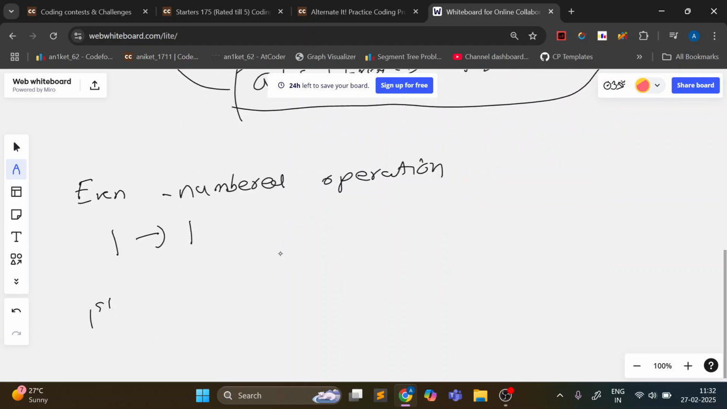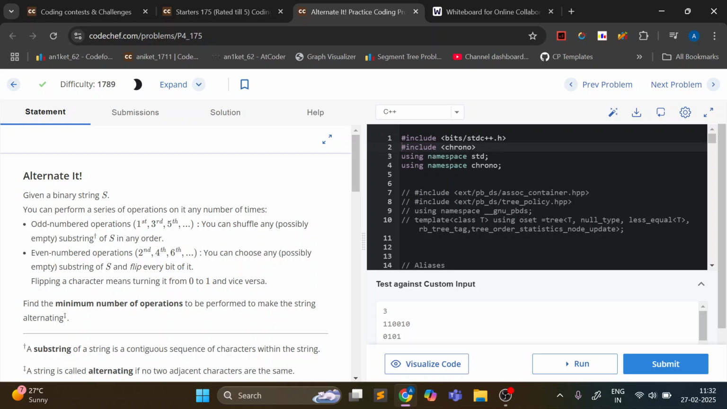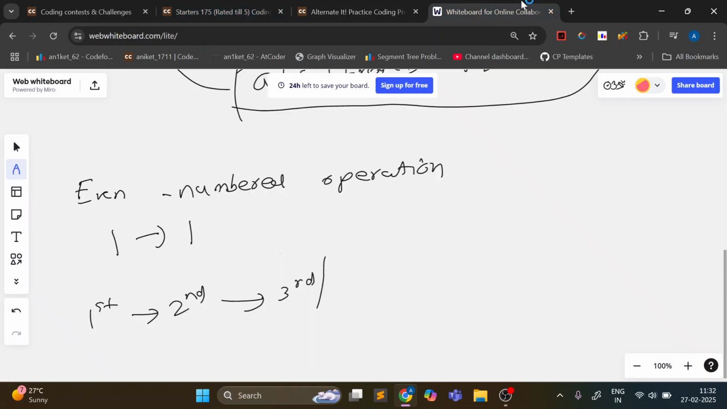So first operation, then we perform the second operation where we fix the frequency according to our requirement, and then we are at the third operation where we reshuffle it. Now you might say that in the second operation we can flip a substring, so only one operation would not be enough. But if we want to minimize the operations, and we just want to make one even numbered operation,